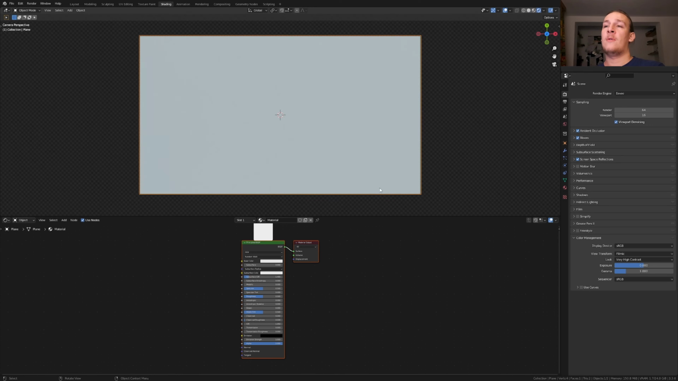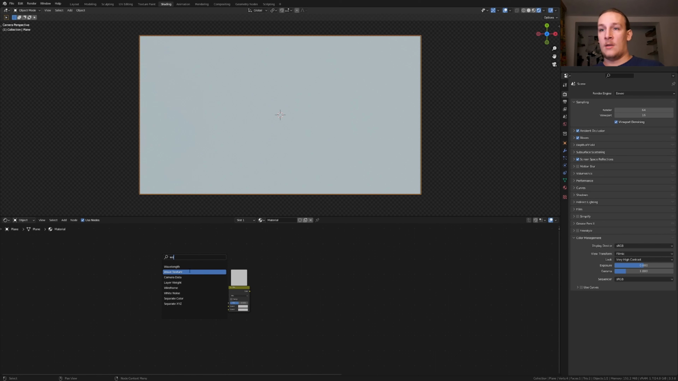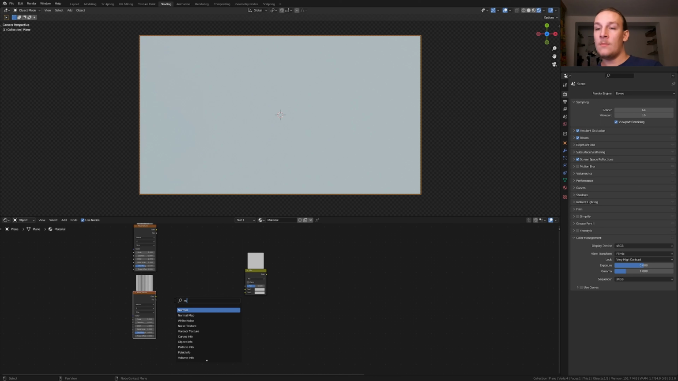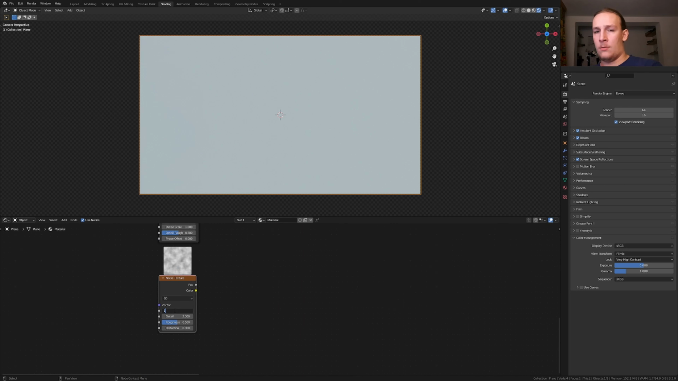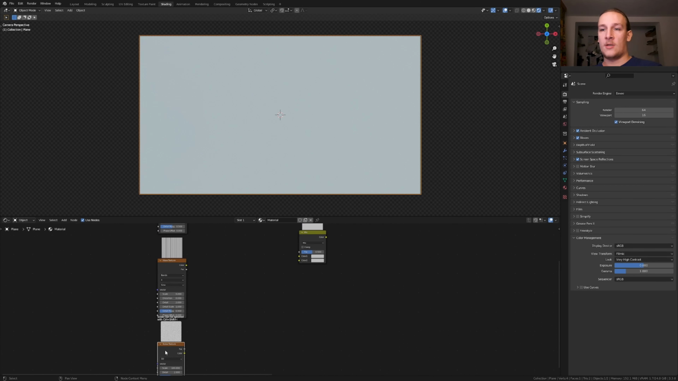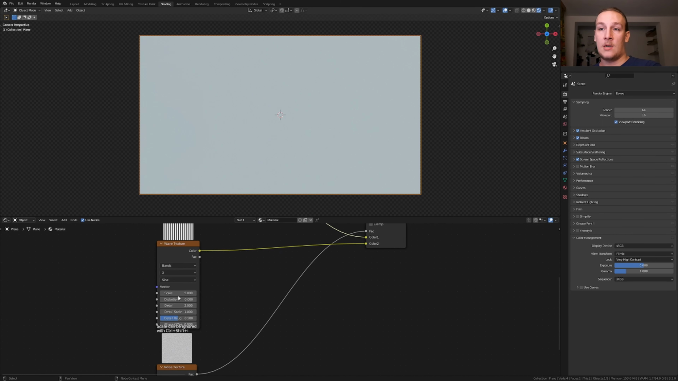Go into rendered view and hit Shift A and add a mix RGB, and let's put that over here. Add a wave texture and duplicate it. Let's also add a noise texture and put that down here. Set the scale here to 100. Connect the factor to the factor of the mix RGB and connect the color here to color 2 and this one to color 1. Here set the scale to 1.4 and for the other one let's set it to